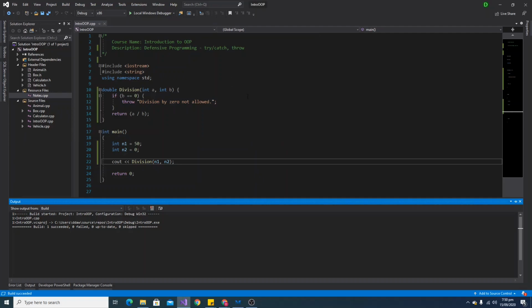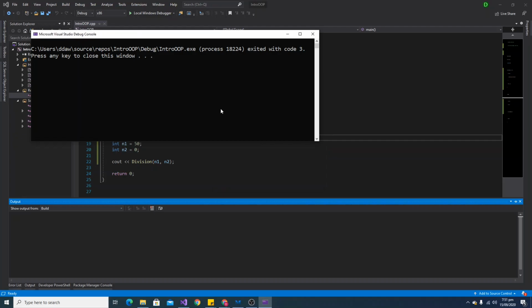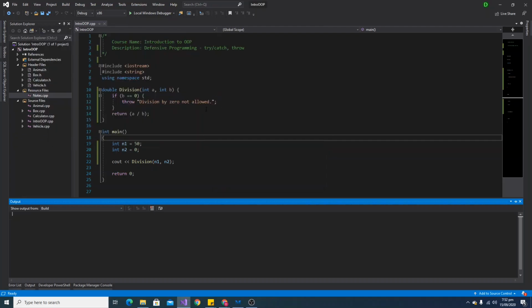Okay, so that didn't run. And if you want, we can try to run it again so you can see the nasty debug error that has popped up in our program. Now, when we're building a program or any software, you definitely do not want the user experience to be one like this, where they try to perform an operation and the program ends up blowing up, or they get these nasty runtime or debug errors. So you have to account for these when you are developing and make sure you have the correct try-catch statements